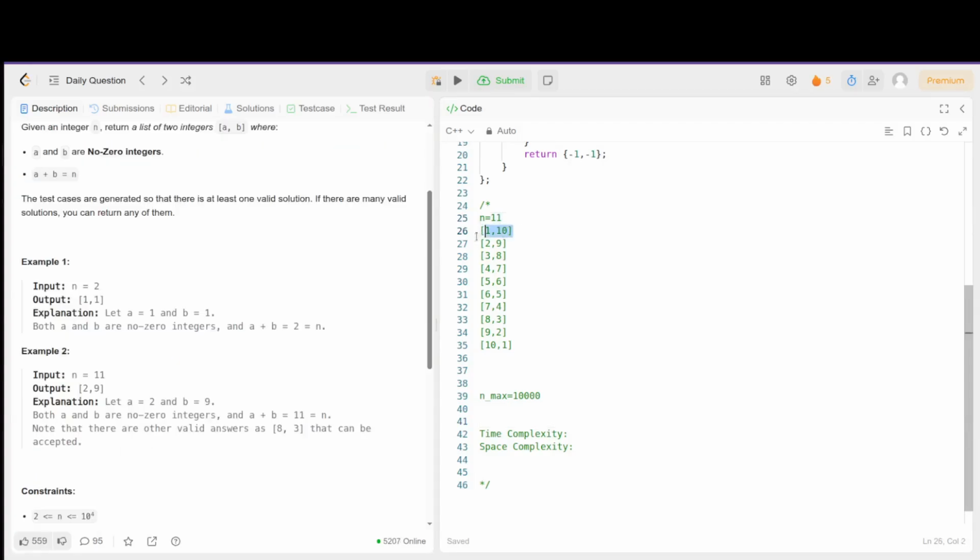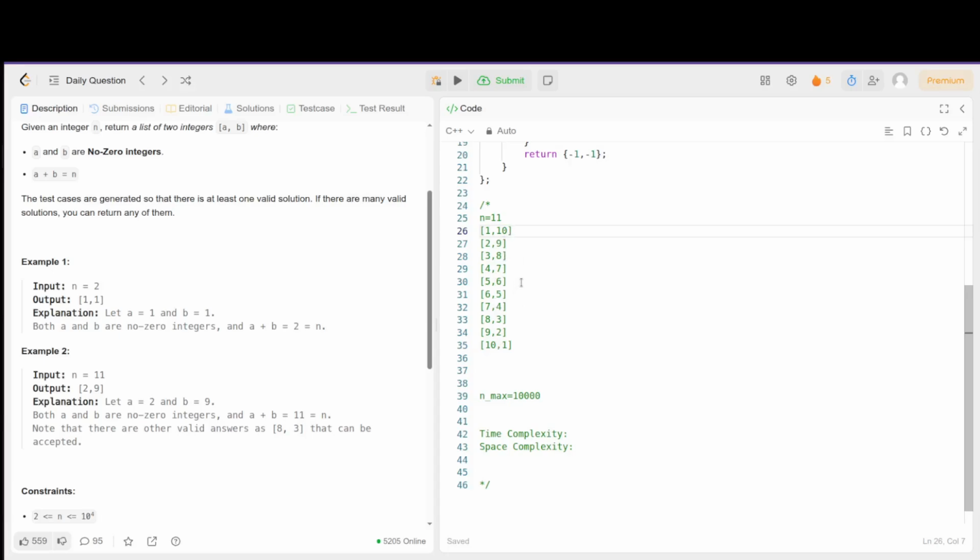Now break it down into two numbers, that is 1 comma 10, 2 comma 9, 3 comma 8, 4 comma 7, and 5 comma 6. And again 6 comma 5, 7 comma 4, 8 comma 3, 9 comma 2. From these, 1 comma 10 is not a valid answer because 10 has a 0 in its decimal representation. 2 comma 9 is a valid representation, and the others are valid apart from 1 comma 10 and